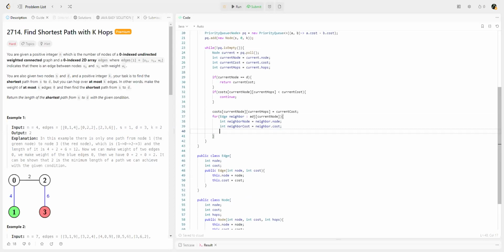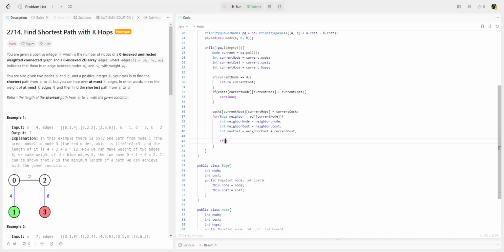Now my question is, what's the new cost if we added our neighbor cost? So the new cost, I'll just keep it in a variable so it looks cleaner. It's going to be our neighbor's cost plus our current cost. We are adding to our current cost progressively as we move on. Now, if our new cost is less than the cost of the neighbor node,